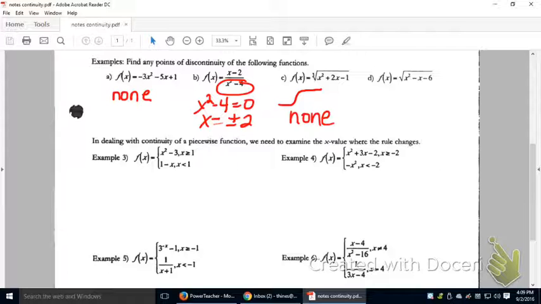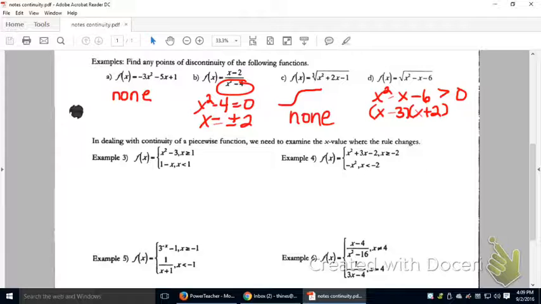Alright, D with square roots. Square roots normally start somewhere and go, but because this is the square root of something with x squared, it's kind of strange. So what I'm going to do is say that x squared minus x minus 6 has to be greater than or equal to 0, because I know that whatever's underneath that square root has to be positive for there to be a function and for the graph to work. So then I factor it,